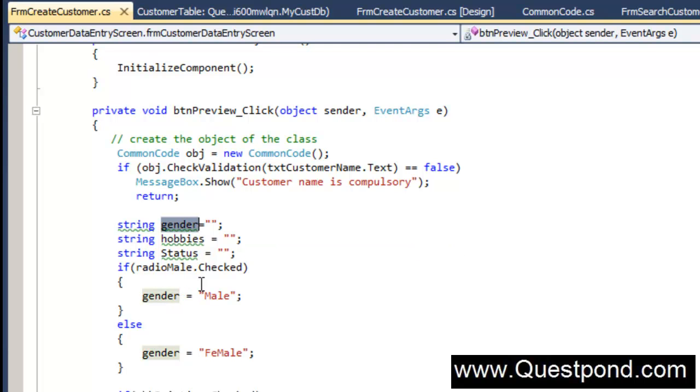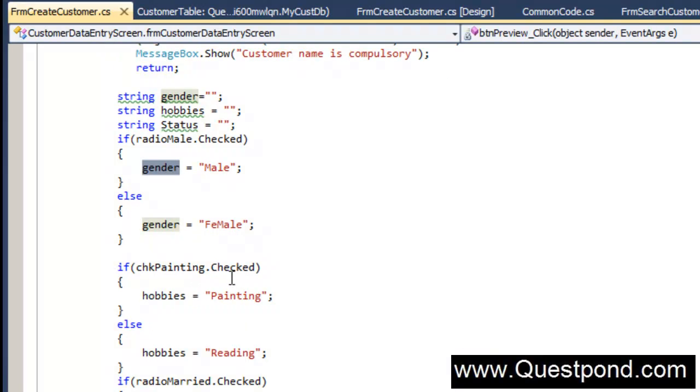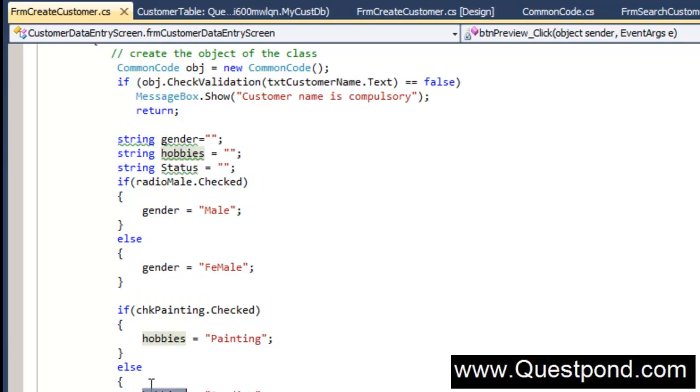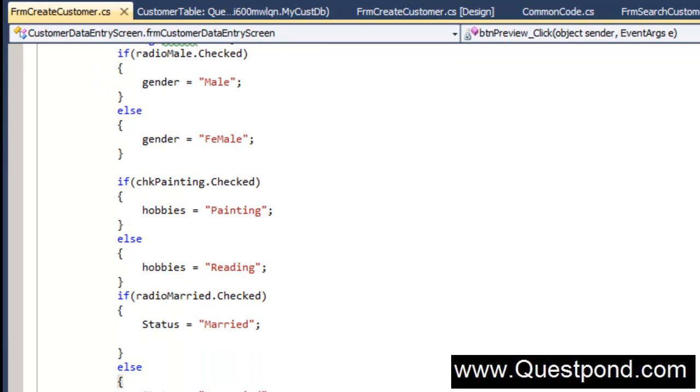So you can see that if you select male, then the gender is set to male. If you select painting as the hobby, it will select the value painting here, or else reading. So we already have a lot of things here. Now the only thing we have to do is go and write the ADO.NET code here,